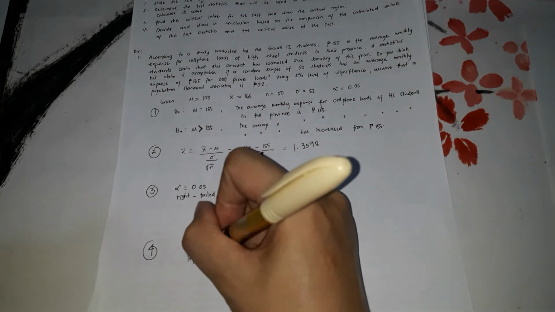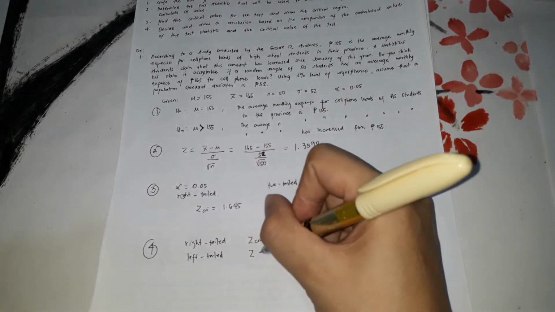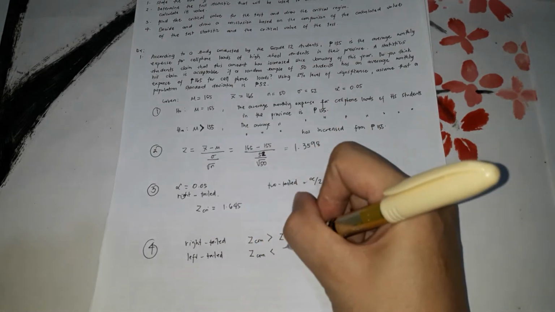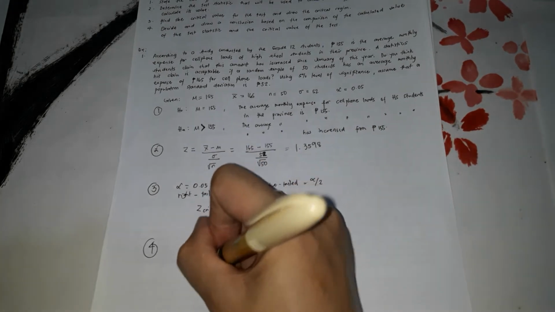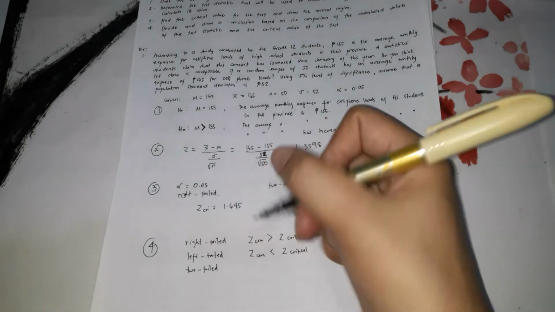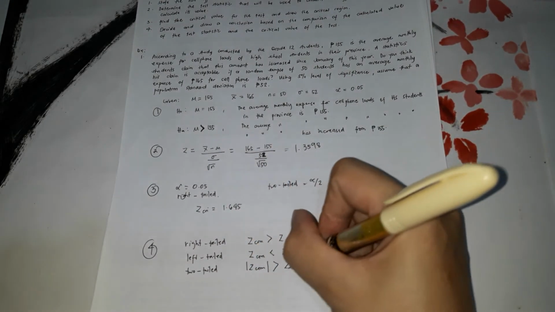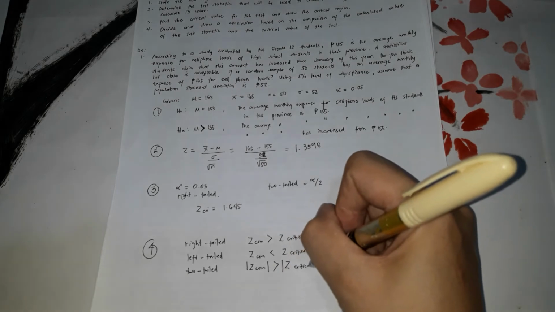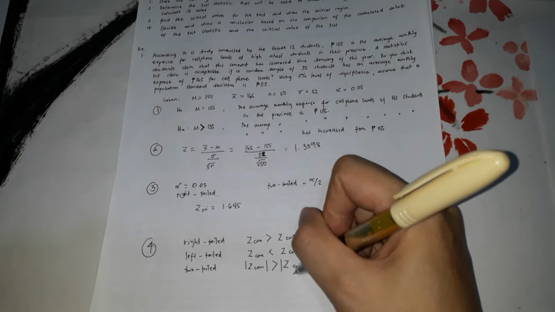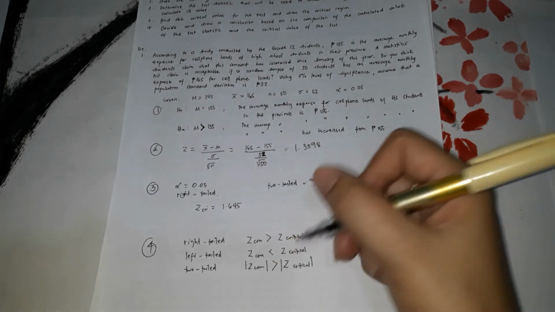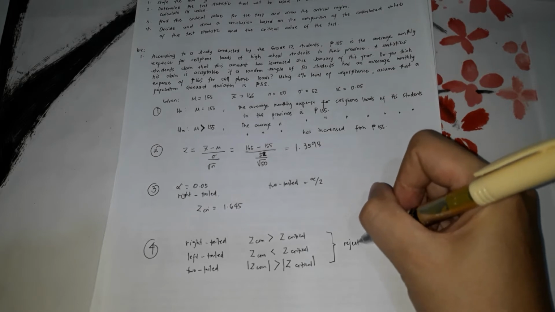Kapag left-tailed, Z computed should be less than Z critical. Kapag two-tailed, the absolute value of Z computed should be greater than the absolute value of the Z critical. Kapag negative siya, gawin mo positive. Tapos kung negative naman to, gawin mo positive. It should be greater than. Kapag ganito siya, reject the null